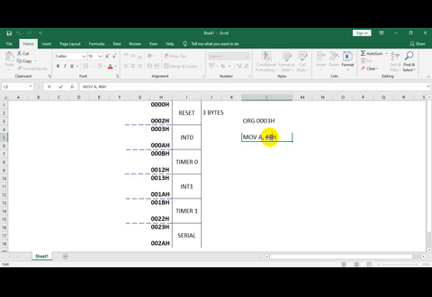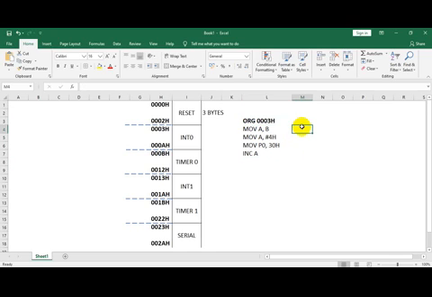and MOV A, #45H, and MOV P0, 30H. INC A, some code I am writing. So this is my ISR address. Now how many bytes does each instruction take? This takes 1, this takes 2, this takes 2, so 4, 5, this takes 1. Let me write one more instruction, ADD A, 40H. And the last instruction in the ISR is RETI.